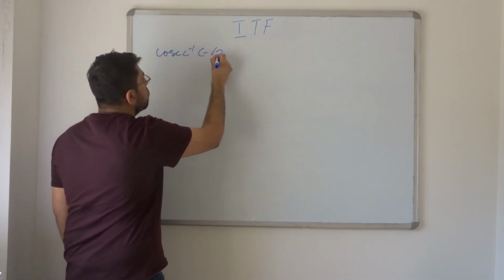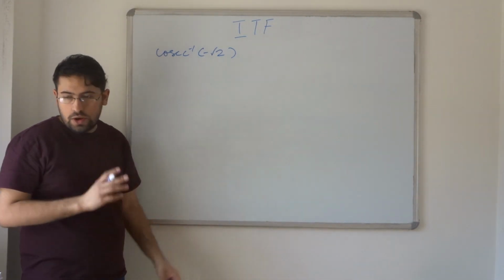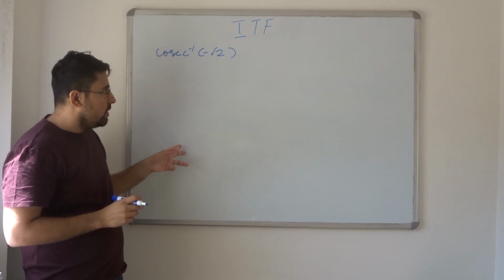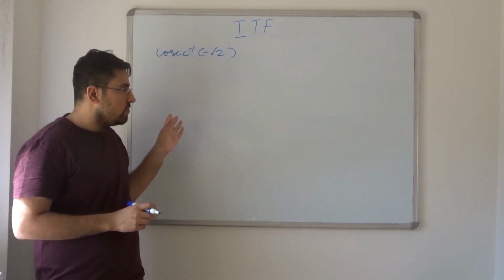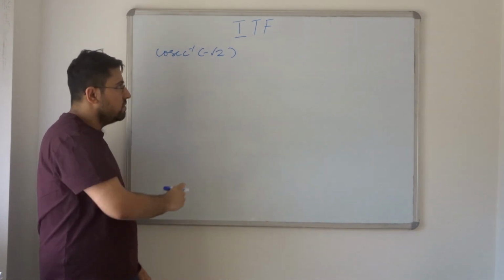So cosec negative root 2. What I'm going to do, guys, is I want you to try solving this one. Till then, I'm going to put some more questions here, so that once you solve this, you can solve those. And as I'm solving this, you know,